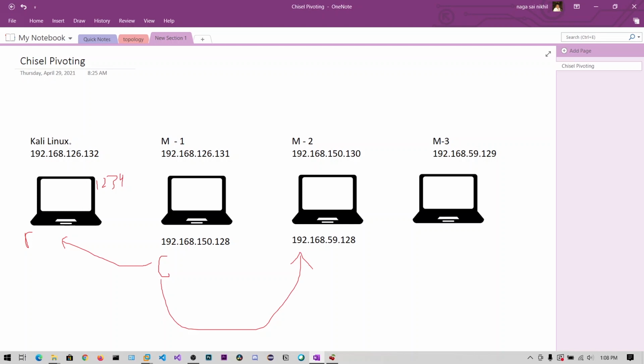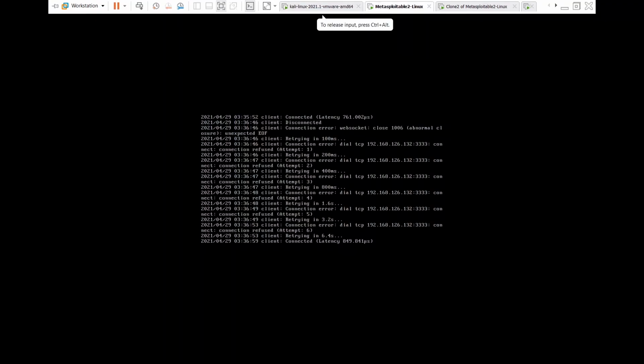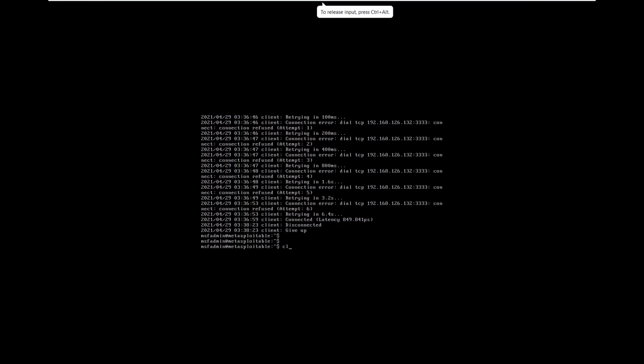So what you need to do is connect to this 1234, and you can start going into the browser or scan this port, so that traffic will be sent to this network via this machine. We can also send this traffic to google.com or microsoft.com, as you wish. So let's do that. How to do that? Here my chisel is running on 3333, a normal temporary port. So let me close this and clear the screen.